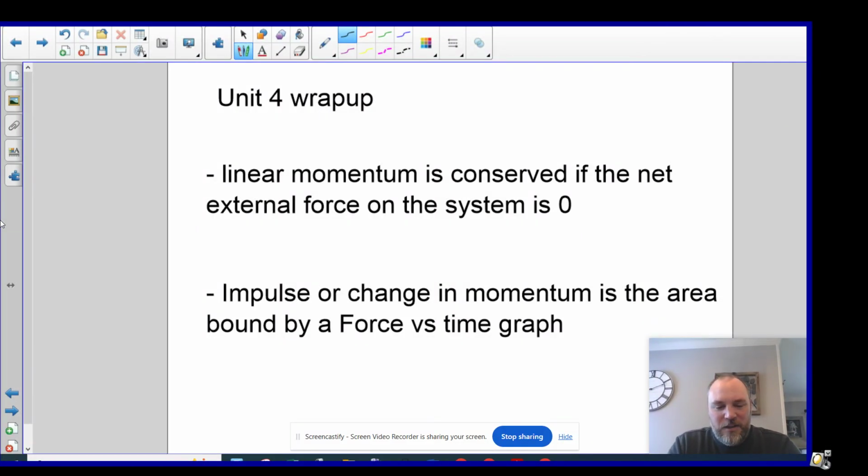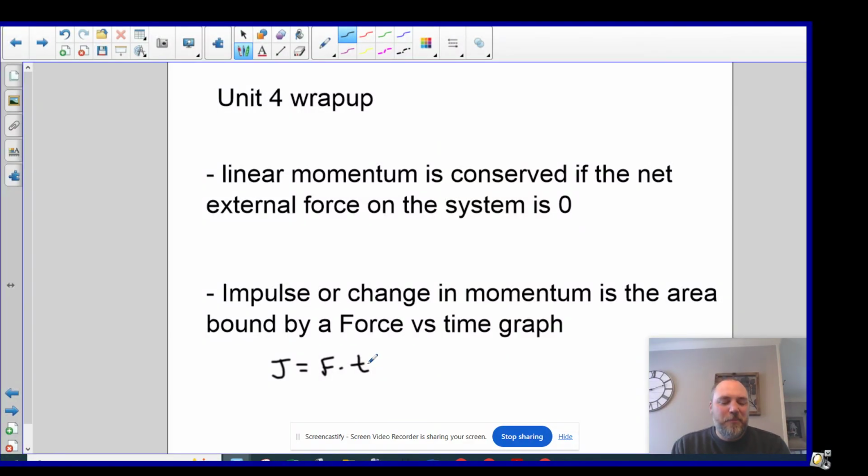So while the individual objects are changing their momentum, the sum of the change in momentum for the system is zero as long as there are no other external forces on the system, like, for example, some drag or friction, or even if this collision is happening on an incline where the force of gravity is going to be accelerating our system. An impulse or a change in momentum, the equation sheet tells us that J is F times t,